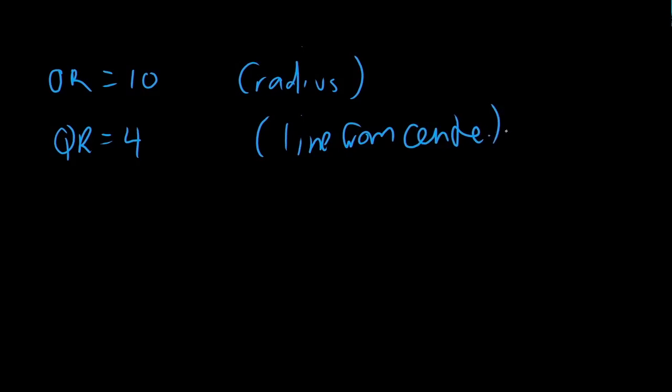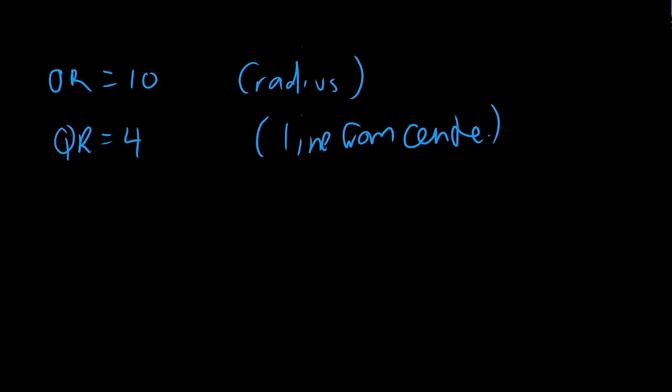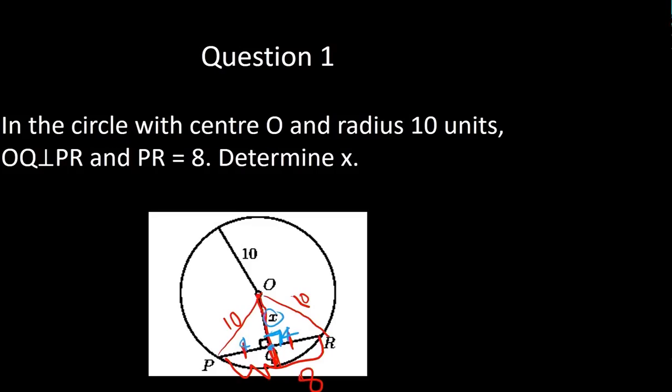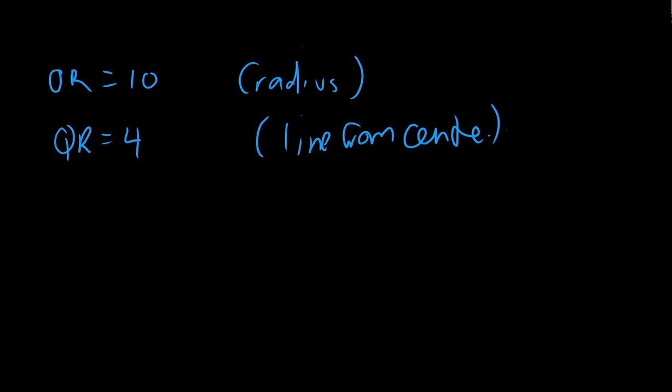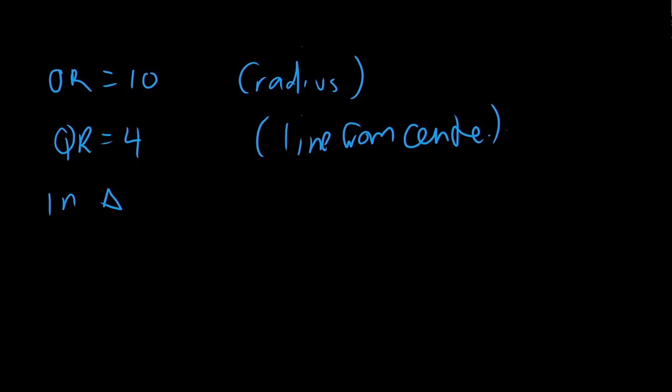And what else do we know? They told us that OQ was equal to x. That was given. So I can say that PQ is perpendicular to OQ because that was given. They told you so. So therefore, in triangle QOR or OQR, it doesn't really matter what order you use,